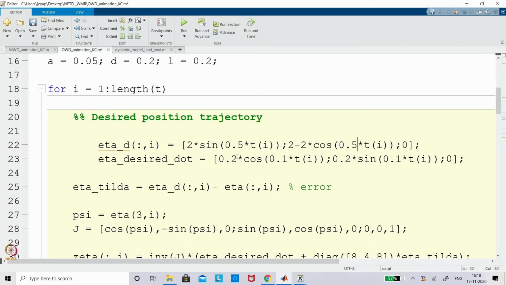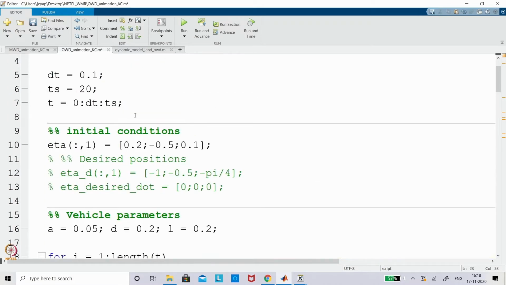So in the sense, this would be 1 and this is also 0.5. I am trying to increase the frequency of that, okay. So now what you can expect is that this would go faster, it is 5 times faster than the earlier curve. So that is what you can expect. I will just put it only 10 seconds, that is sufficient.